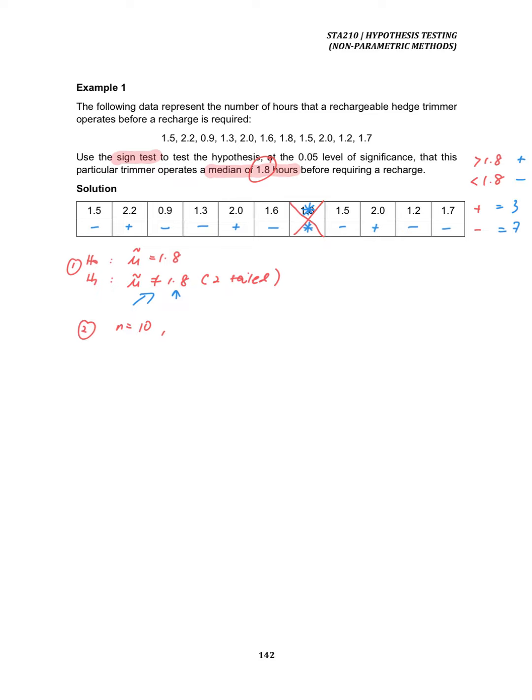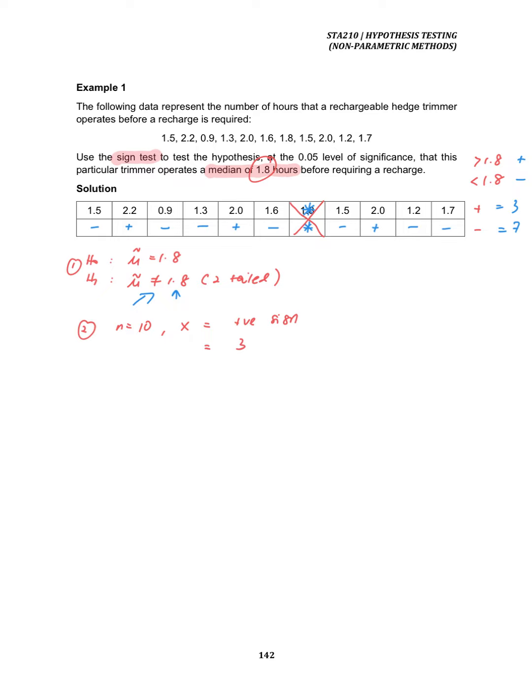Okay, so kalau kita tengok kat sini, antara 3 dan 7, yang lagi smaller adalah 3, which is referring to the plus sign. So our x here is our positive sign, which is equivalent to